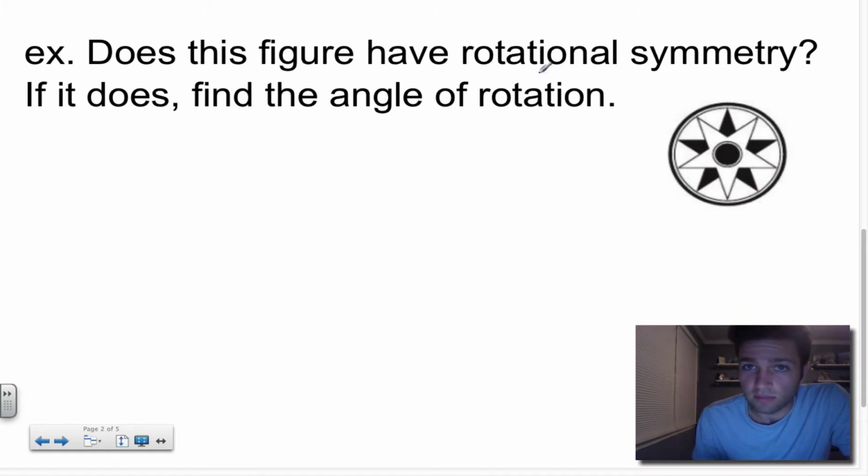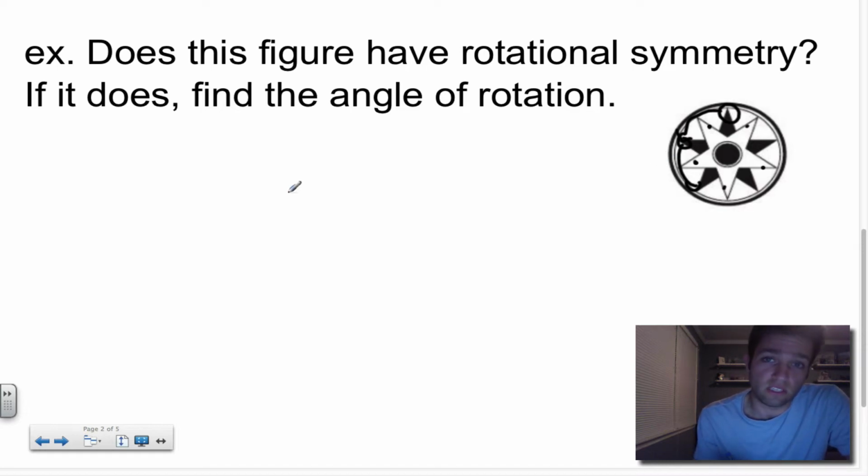Remember, rotational symmetry means I only have to rotate it 180 degrees or less and get it looking exactly like it originally did. So here's how it originally is. If I rotate this so that this point here moves here, and this moves here, and so on and so forth, then this will be here, this will be here, this will be here, this will be here. So if I just slightly rotate this to the left, then it ends up looking exactly like the original,